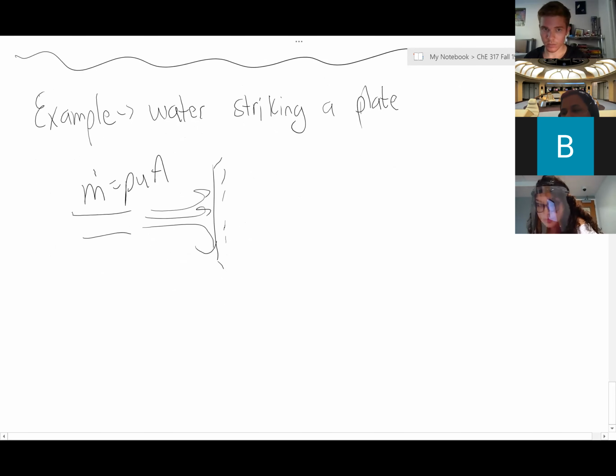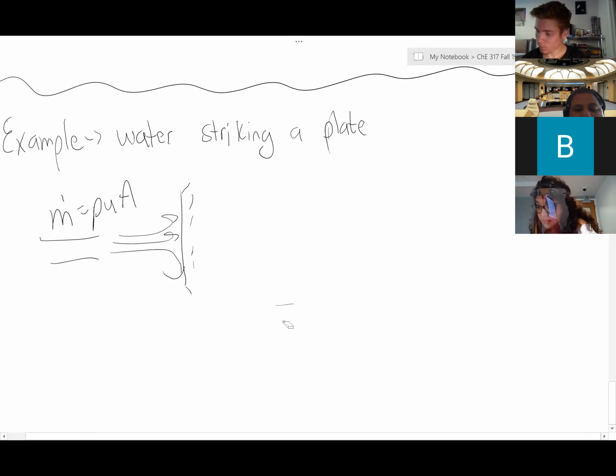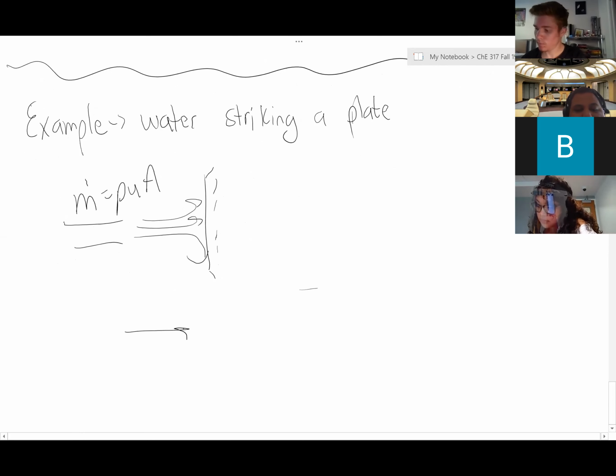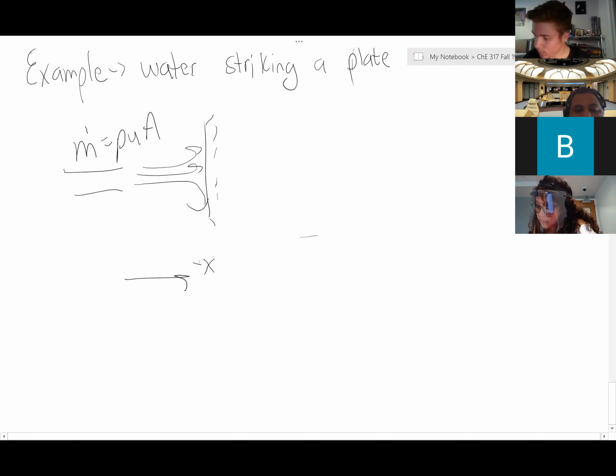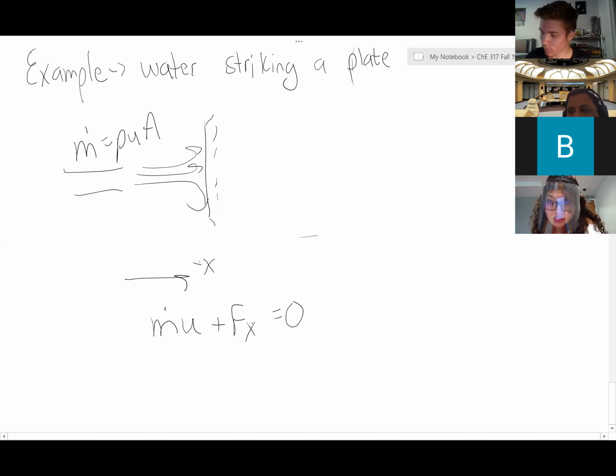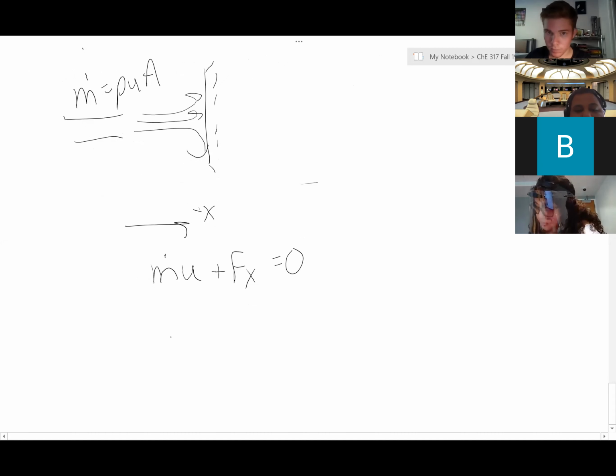If we're looking at just a simple mass balance in the x direction, if the plate's not moving, then the mass flow rate times the velocity it's striking the plate at plus some unknown force has to equal 0. So essentially what you're looking for is that resistive force, which in this case is going to be rho u squared A,